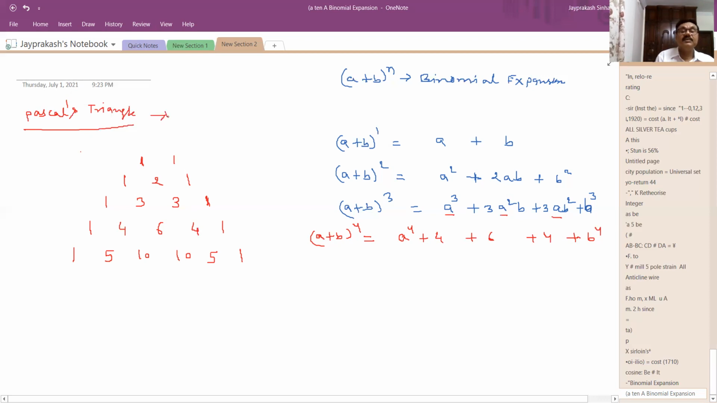Okay, so in the expansion of (a + b) to the power 4, the first term will be a to the power 4, and the coefficient will be 1. The second term: now decrease the power of a by 1, so it will become a cube, and increase the power of b by 1, meaning b. Here the power of a will be decreased again, so this will become 4a